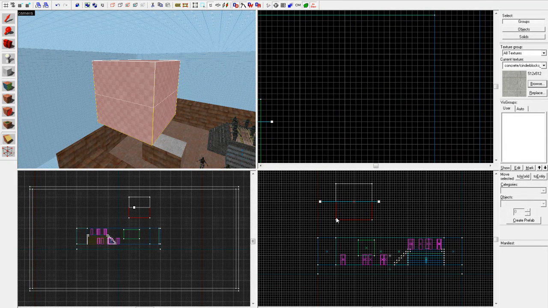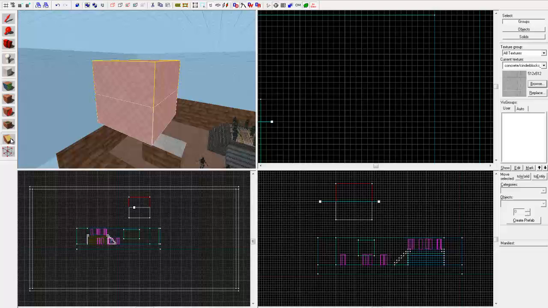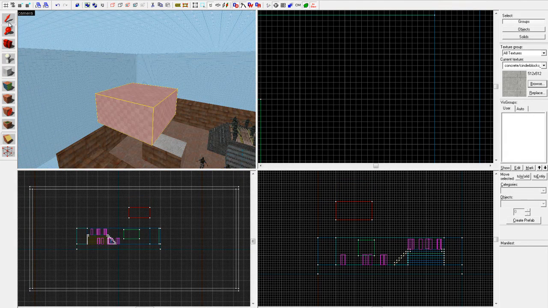Okay, so the part that is red will be removed and the part that is white will be kept. Obviously you might want to change this, so press the clipping tool once and it will switch. So now the upper part is red and will be removed, and the down part is white and will be kept. So when I press enter now,